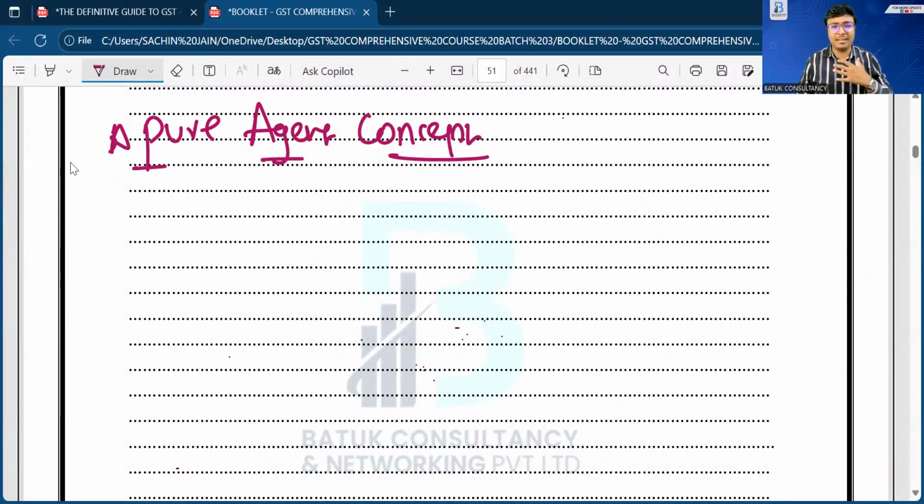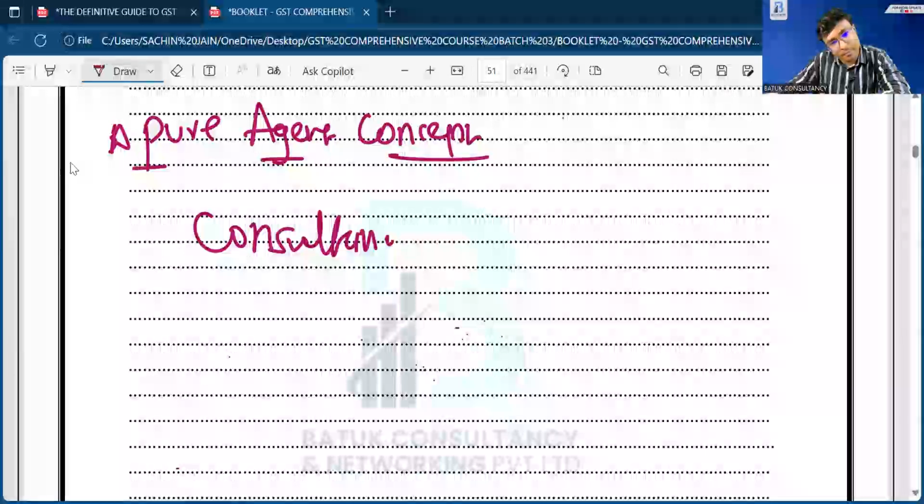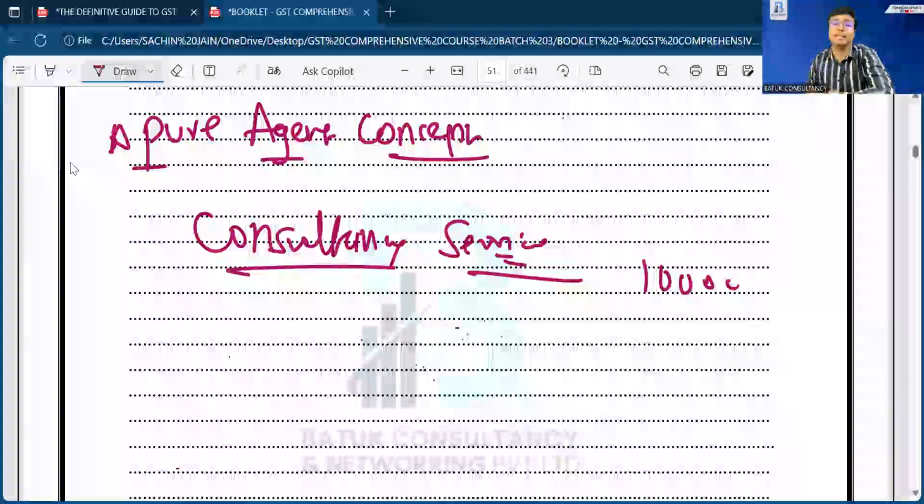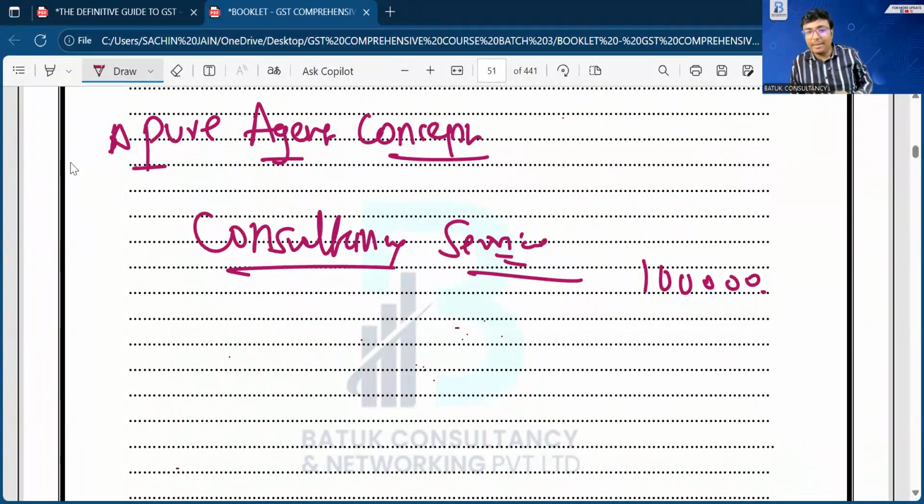Suppose I am providing consultancy services. I have charged a fee of 1 lakh rupees for the consultancy. And while providing the consultancy to my client, of that 1 lakh rupees, I have also paid a government fee of 10,000 rupees